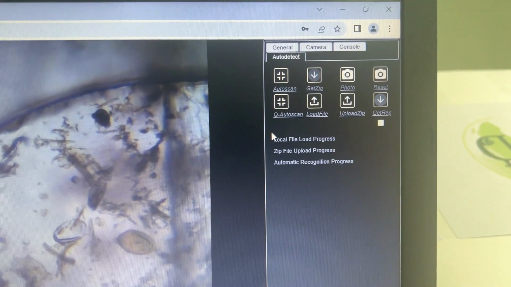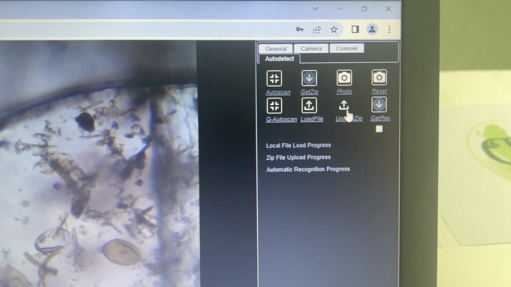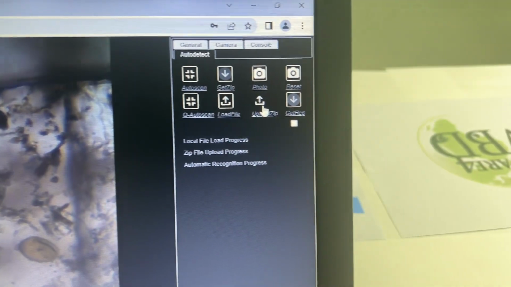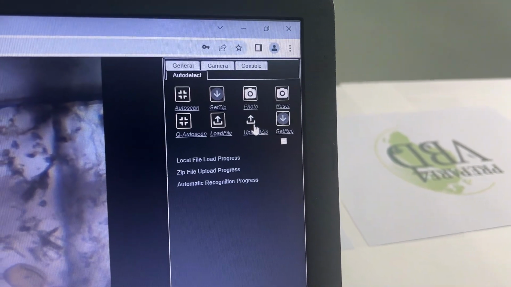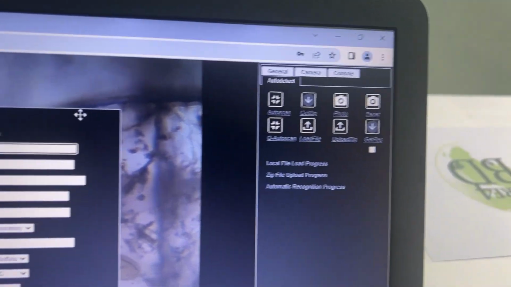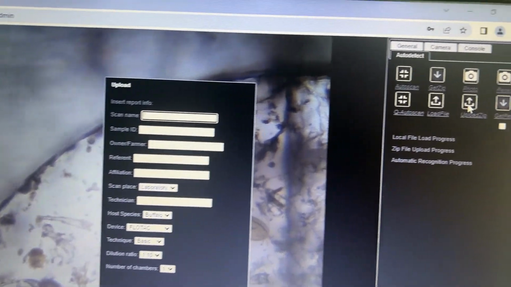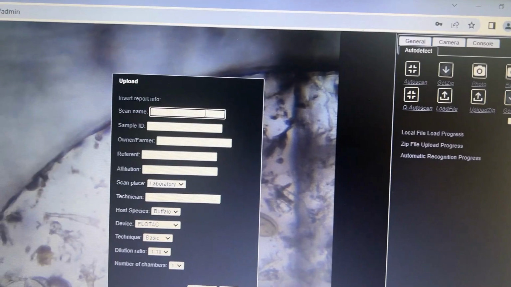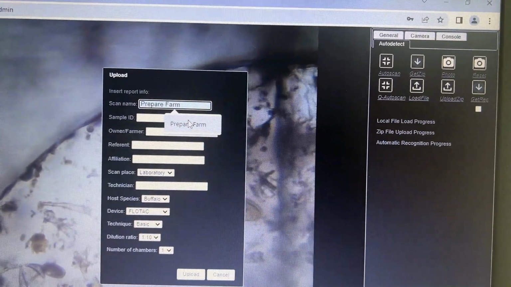After this step, an internet connection is required to send the zip file to the external service for egg identification. Enter farm information in the report info by clicking on the upload zip command. In this way we can have an example. Scan name is Prepara farm,